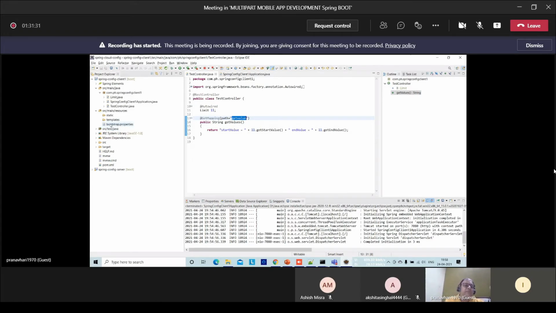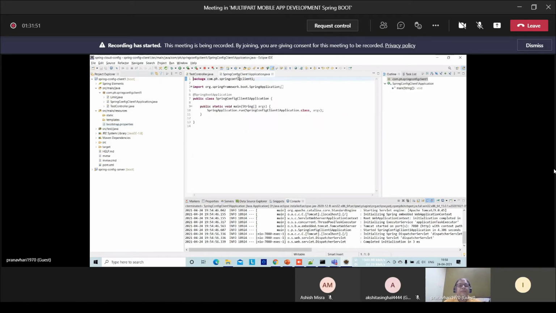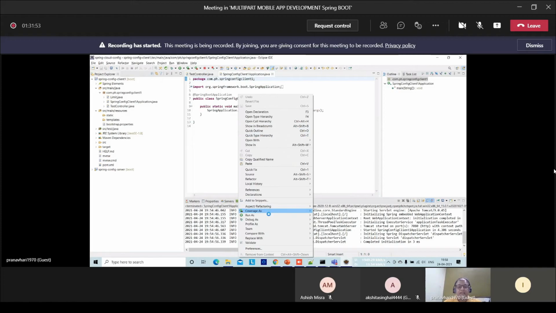So this properties file name must be changed to bootstrap.properties. Remember, till now, whichever applications we have created, for the first time we are required to change the properties file name of applications from applications.properties to bootstrap.properties. After this, let's restart the client app.